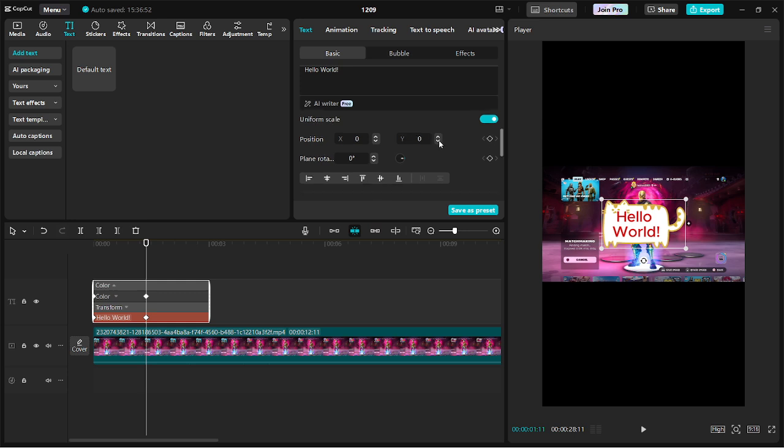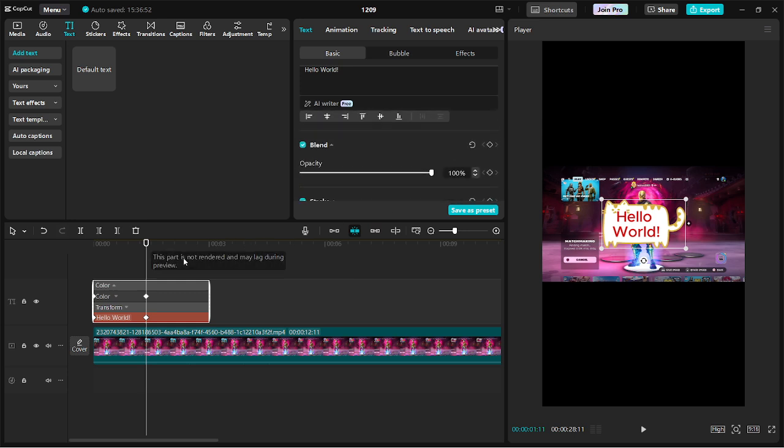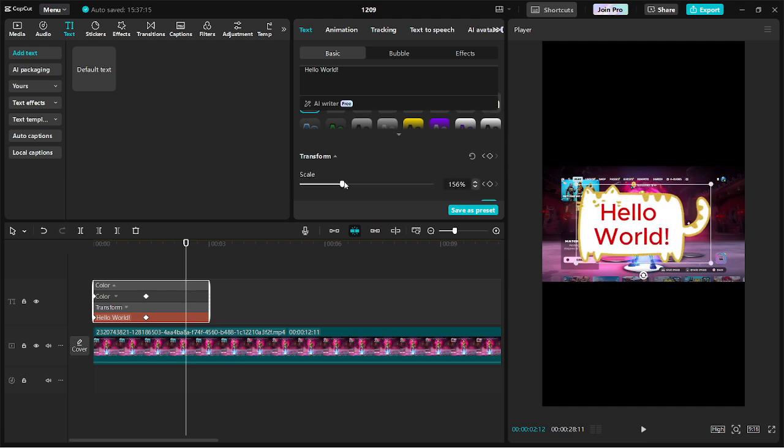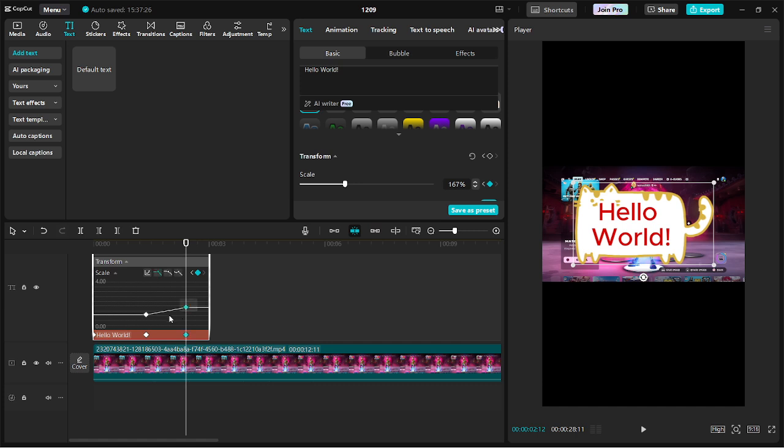So we have created a keyframe, and let's move the timeline just a little bit more, and let's make it a little bit bigger. Oh, sorry, wrong one. Right here. Let's make it just a little bit bigger, and we can see another keyframe being added here. So if we go under transformation, we can see the graph, and you can change the graph, the curves,